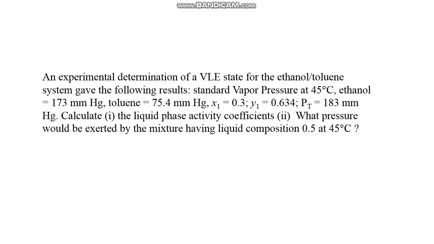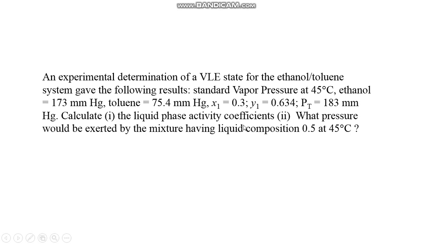Next problem is an experimental determination of the VLE state for the ethanol toluene system gave the following results, where vapor pressures are given at 45 degrees Celsius for ethanol and toluene. x1 is given 0.3, y1 is given 0.634, and total pressure is given. So this entire set of values, temperature corresponding to 45, pressure corresponding to 183 mmHg, x1 0.3 and y1 0.634, constitutes one VLE data point. Now in this problem I have given you a pointer like calculate liquid phase activity coefficient, which means that